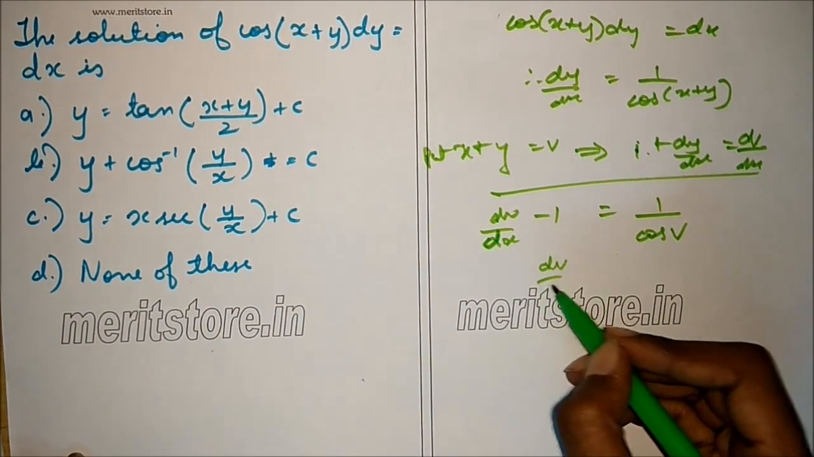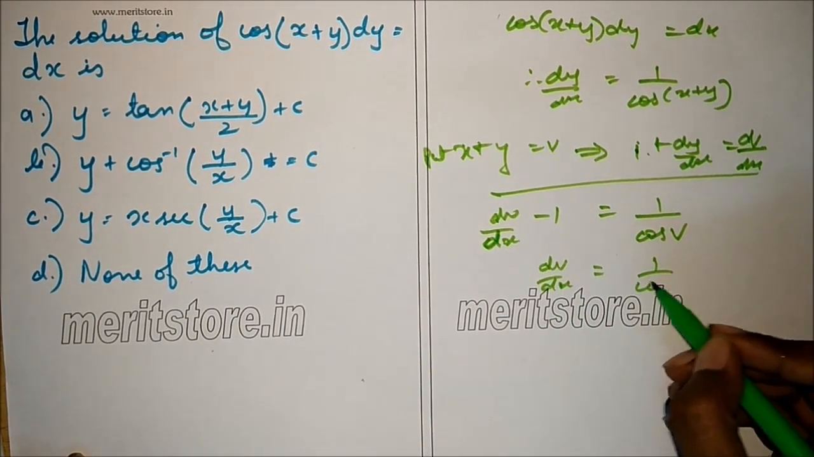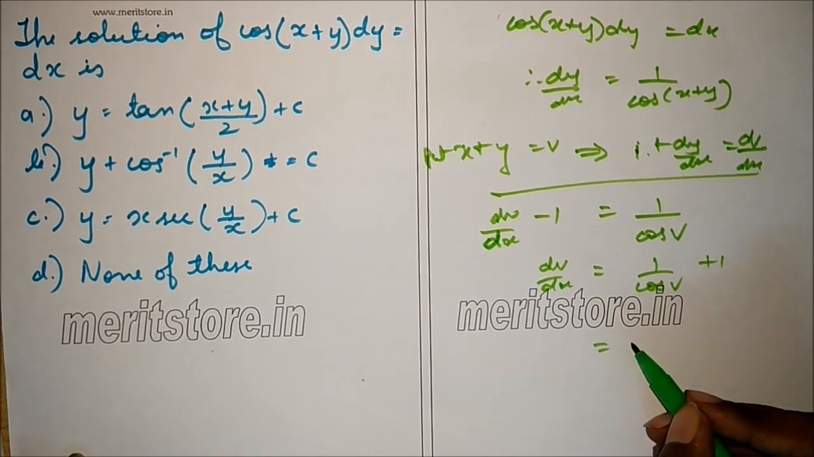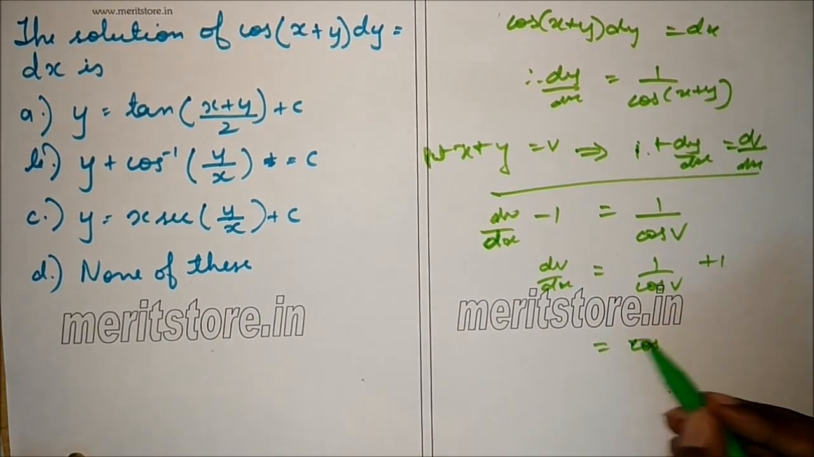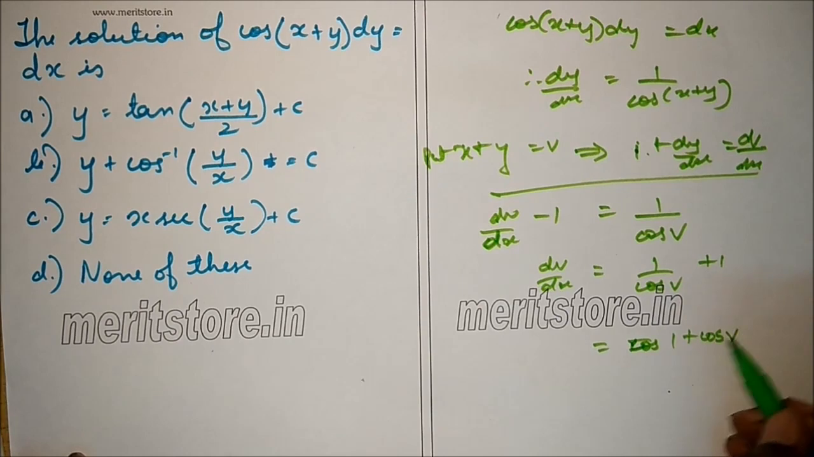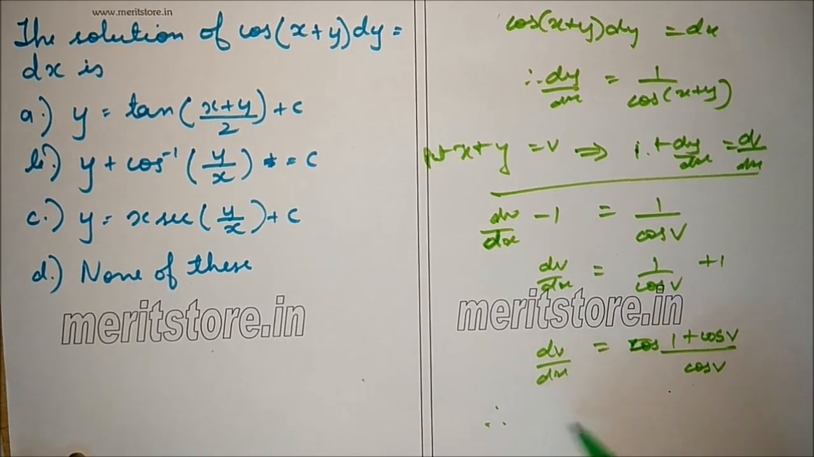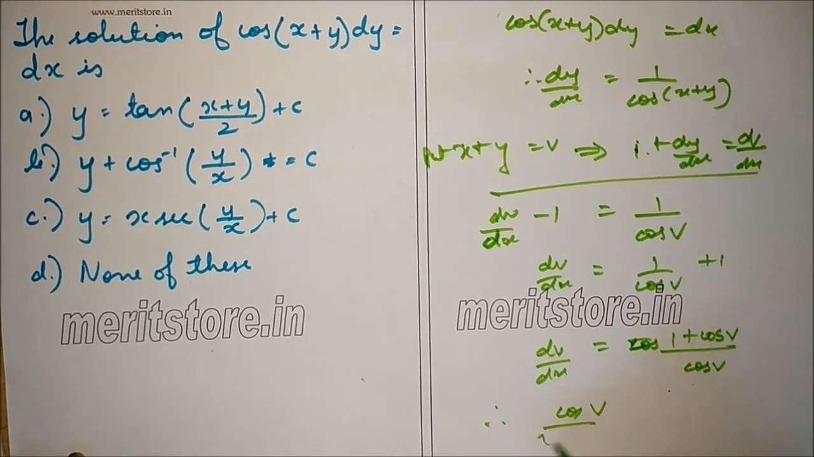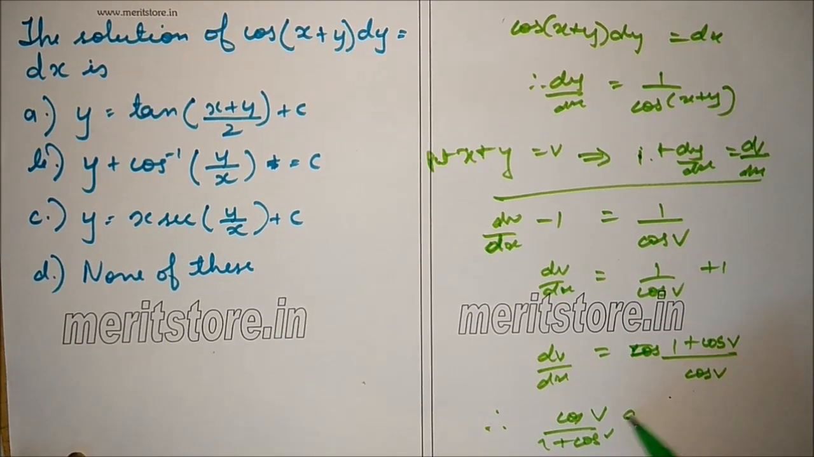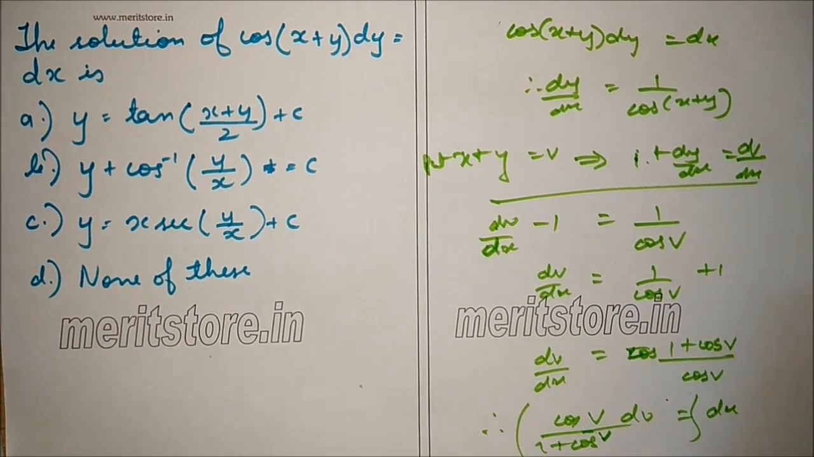That is dv by dx is equal to 1 by cos v plus 1. This is equal to 1 plus cos v upon cos v, and this is equal to dv by dx. So therefore cos v upon 1 plus cos v dv is equal to dx. Integrating both sides,